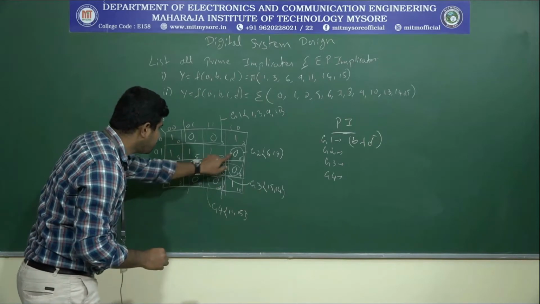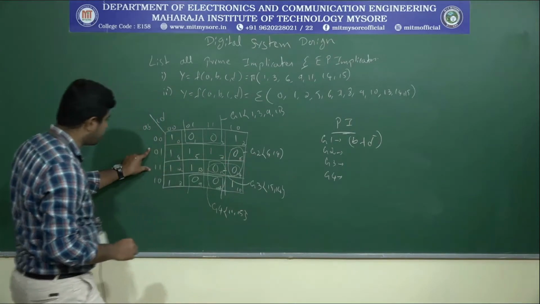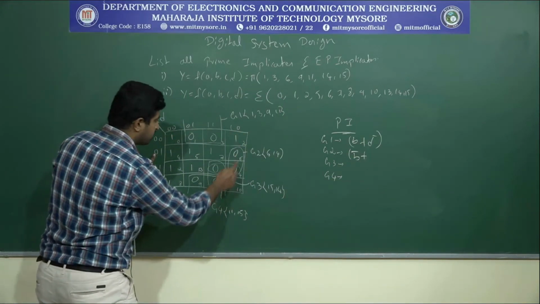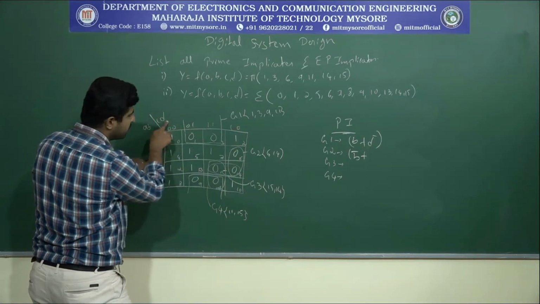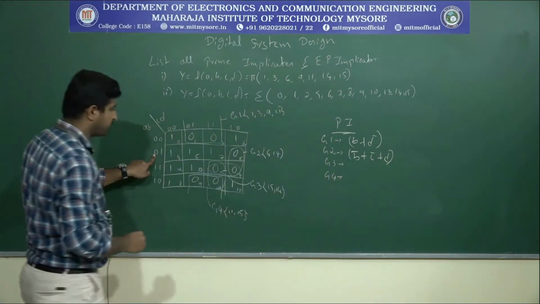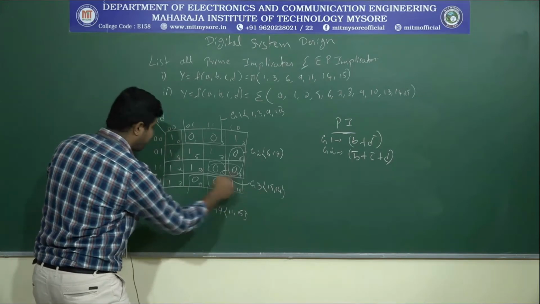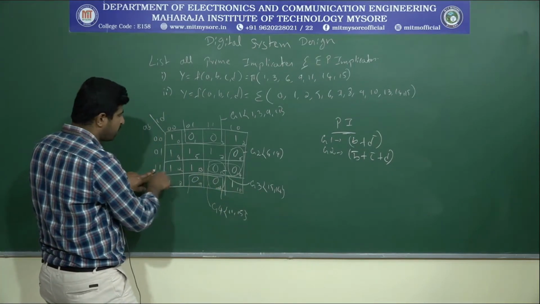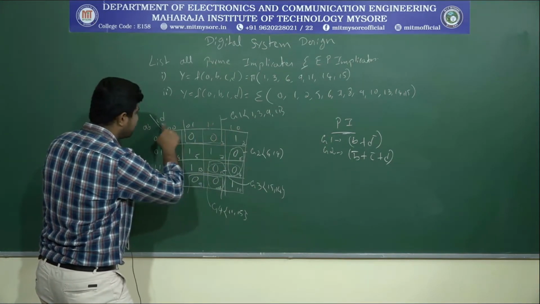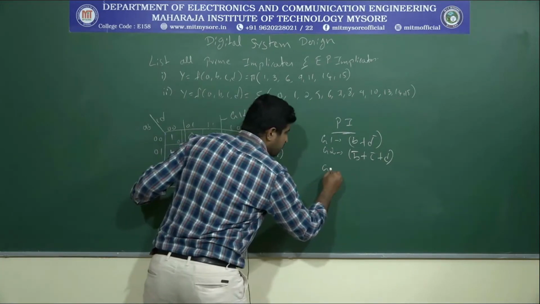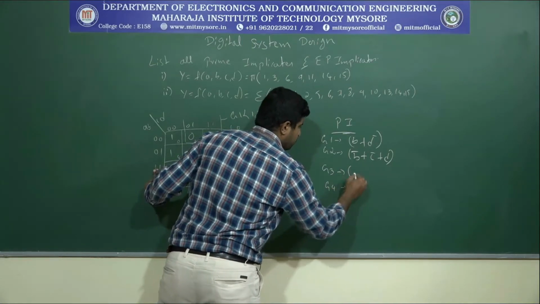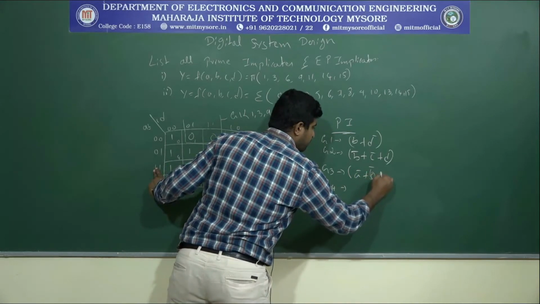Next, let us take group 2. With respect to A and B, B will be 1. So that means B bar plus, with respect to the columns C, D will be there. This corresponds to 1, 0. So that means C bar plus D. Next is group 3, that is 15 and 14. This corresponds to AB being 1, 1, and here in CD, D has a changeover. So the remaining is C. So A, B, C are all 1, 1, 1. So this corresponds to A bar plus B bar plus C bar.